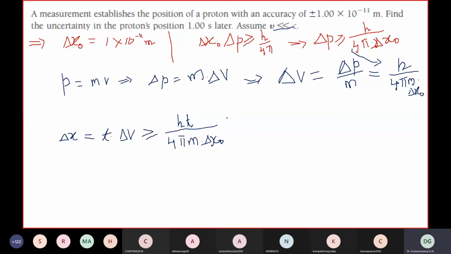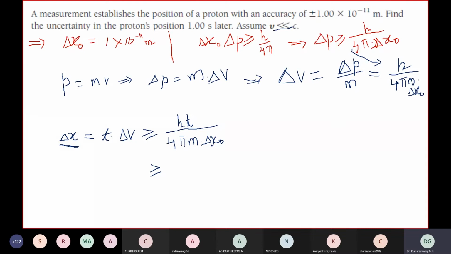Okay. Now give me the answer. Sir, how did the greater than or equal to come, but here there is an equal to, no? So delta x is equal to t into delta v. That's correct. But it can be equal or it has to be always more than equal. We are expressing delta x, right? And here we have delta v. But the next moment, we have the momentum component over here. What we derived out of momentum, h by 4 pi m into delta x naught, has come into picture here, right? As soon as the momentum comes into picture here, it has to be greater than or equal to.